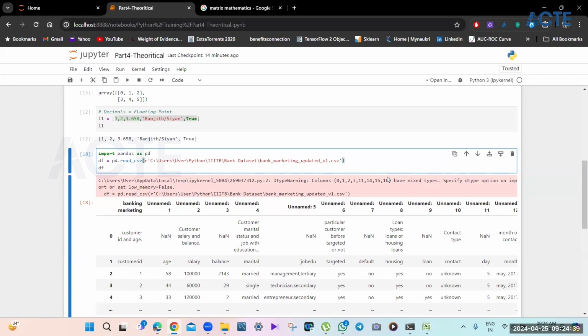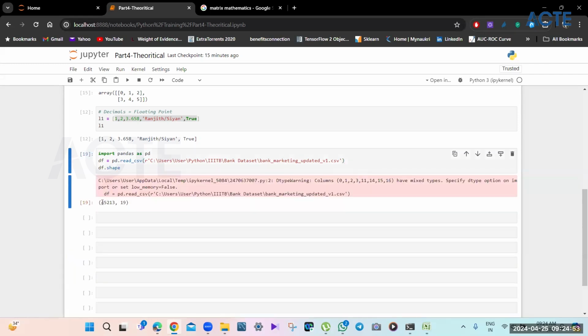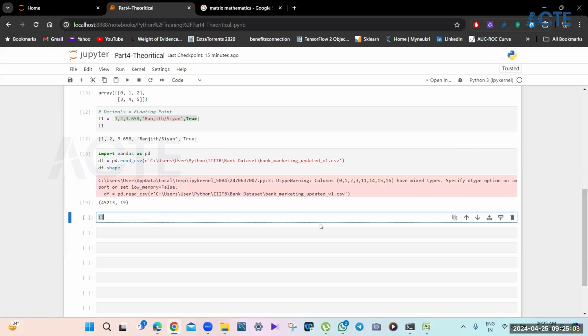After doing modification, how do you save this file? We can do that as well. That is also possible. Yeah, absolutely. Let's say this is a big file. If I put df.shape, this will tell you this file has 45,000 rows and 19 columns. Let's say we processed this file and the final file has, let's say, 12 rows and 5 columns. That is kind of a summarized version of this entire thing.